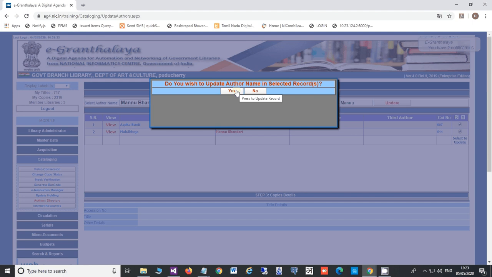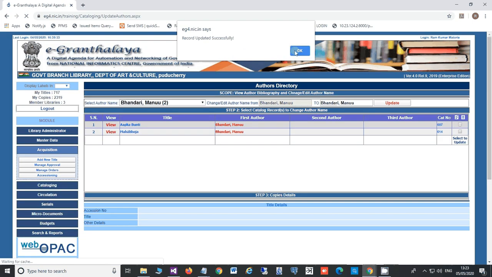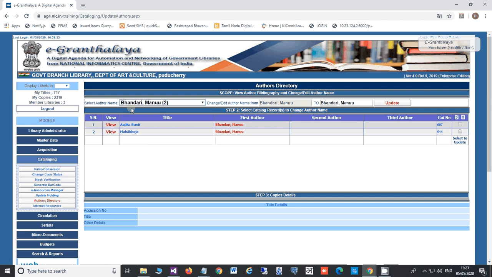The system will ask for confirmation, and now you can see the name Manu Bhandari has been changed to Bhandari, comma, and then the forename Manu. So this is one way of editing all authors' names as per cataloging standards.